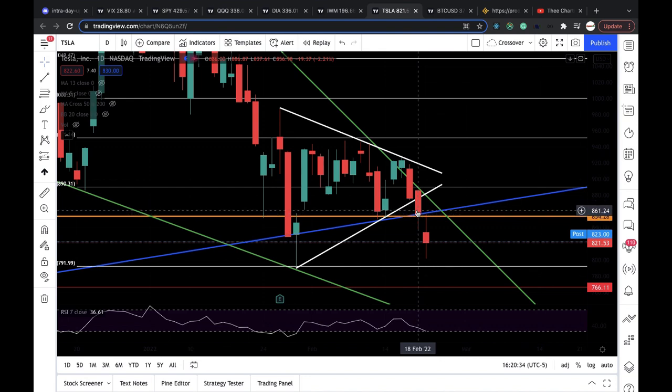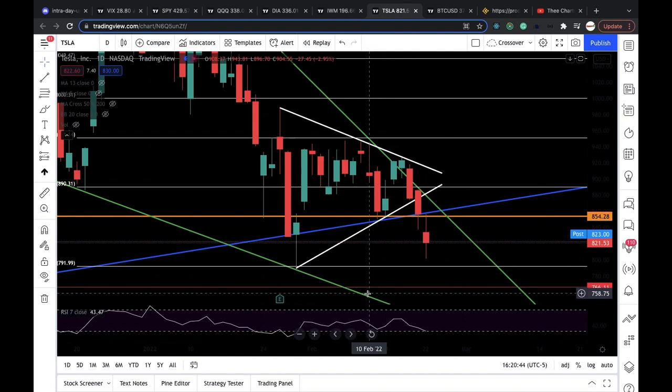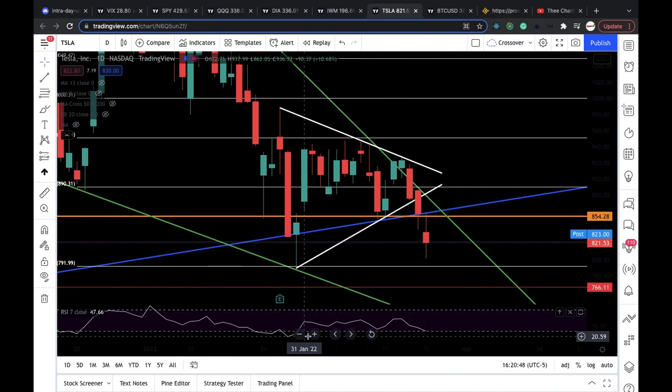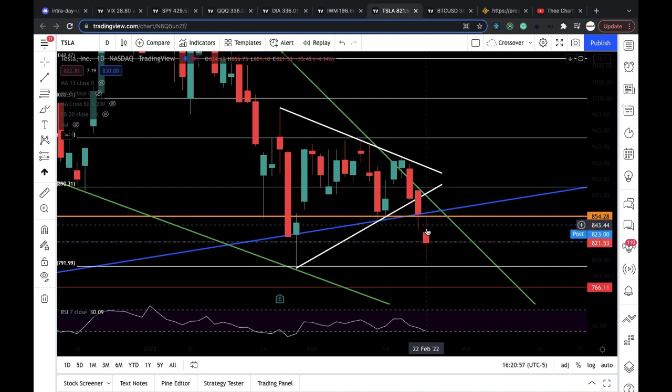And what happened? We lost both the blue and the orange trend line. Okay, we've had plenty of demand from the orange level in the past for the Tesla. And the blue trend line has been a support level for Tesla many times since May of last year. We lost both those levels. We lost it, back tested, and it got treated as a resistance, and it kept on dropping